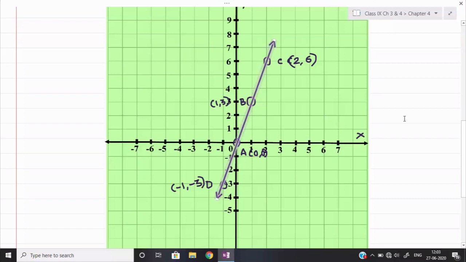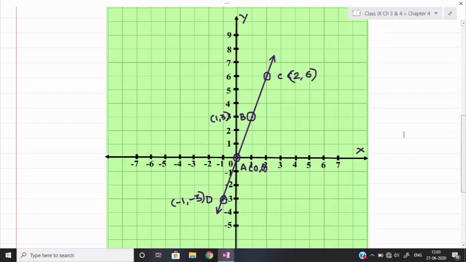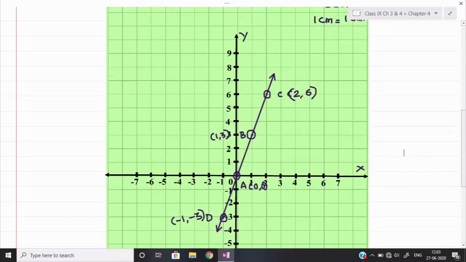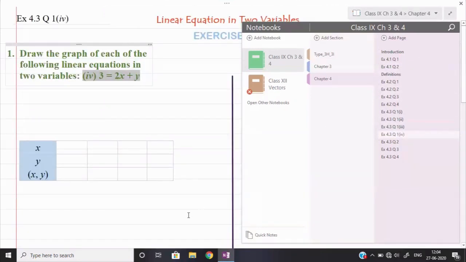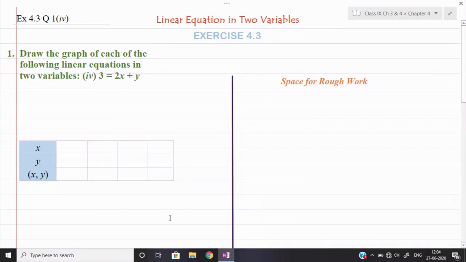in this manner. Okay, so this is my graph completely. You can see it. Scale is not possible to show you, but you can look at the graph. Okay, please enclose the endpoints of the line by the arrows and extend your line up till some length from both the ends. Okay, now we shall see it quickly. The last part of this question number 1, part number 4. Yes, now let us see the last part.